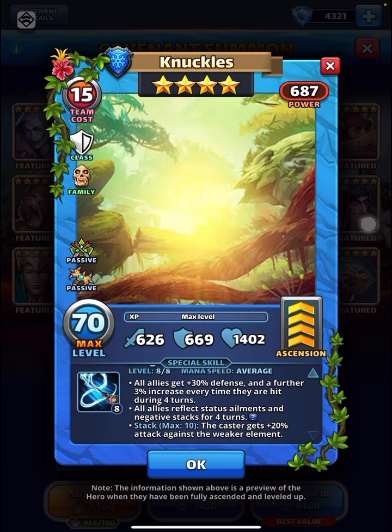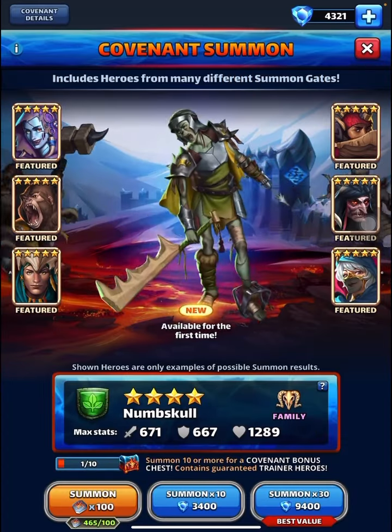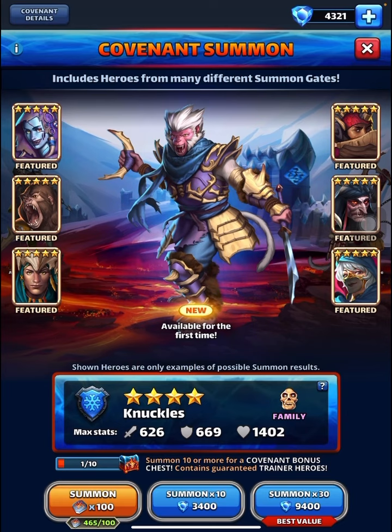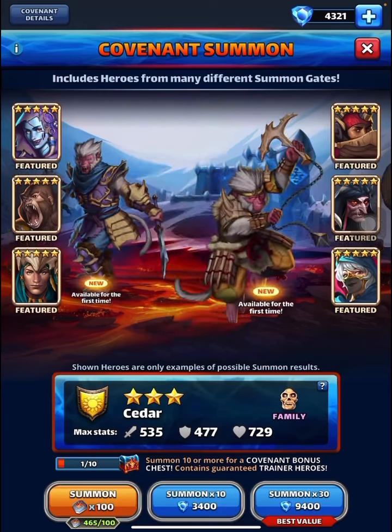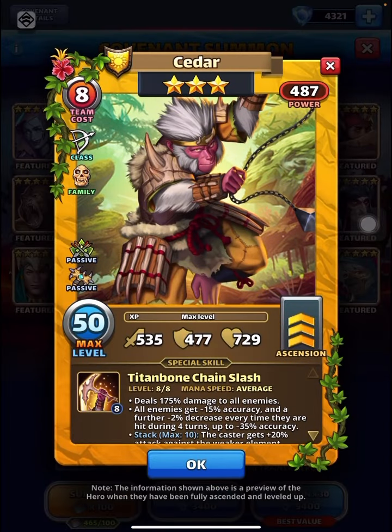So a reflection of negative stacks has come in, and there are a few heroes that have these negative stacks. They give negative stacks, and stacks actually bypass quite a lot of heroes, so yeah. So the new thing that is arriving, I'm noticing, is the negative stacks being reflected. Okay, so I already completed Knuckles. And yeah, so Cedar